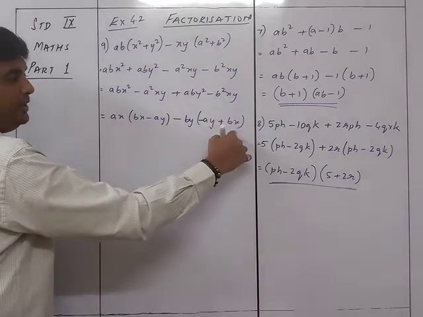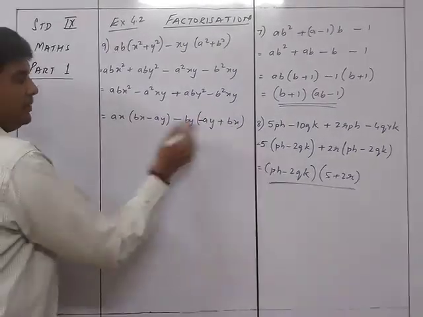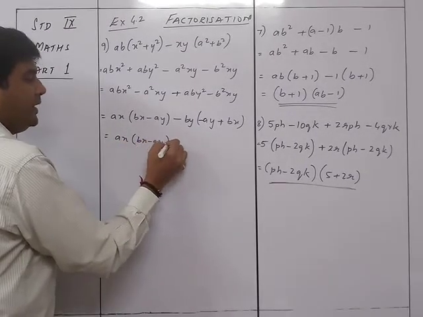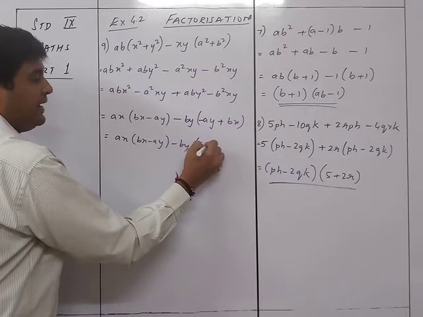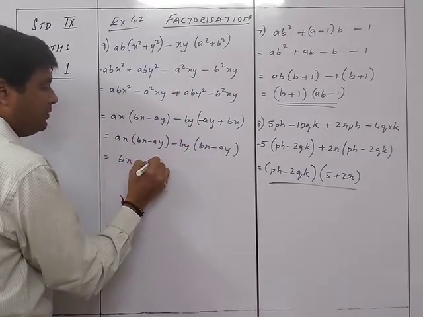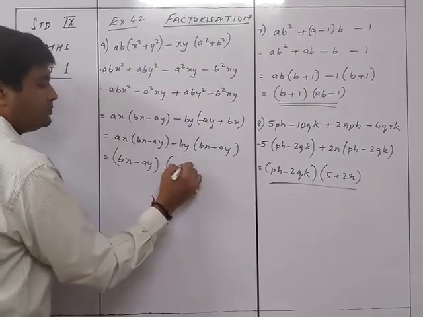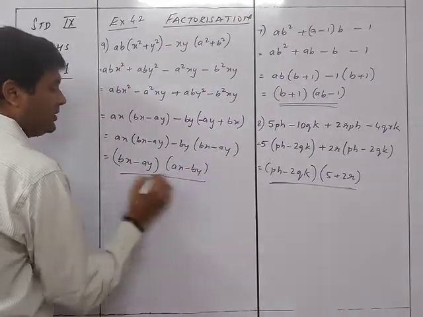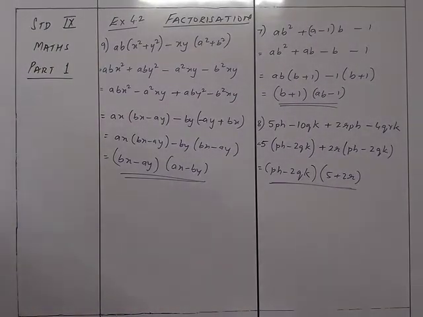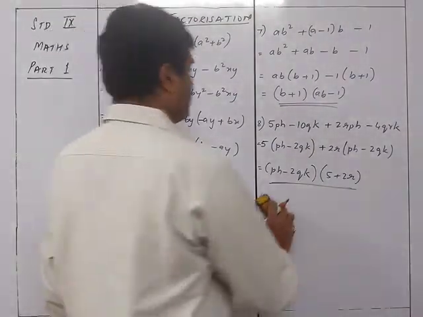and this into this is minus b square xy. So now what we'll do is that this is nothing but bx minus ay, minus by, bx minus ay. So now bx minus ay is the common bracket and ax minus by is the second thing outside. That was sum number 9. We now move on to sum number 10.